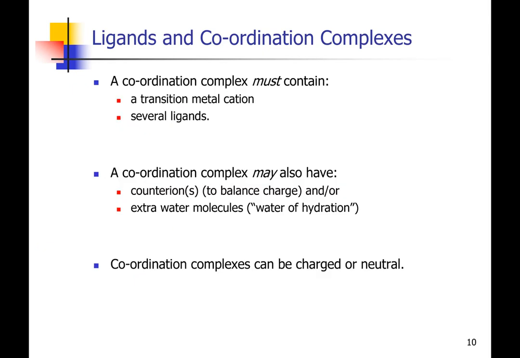So, in summary, every coordination complex has to have a transition metal cation in the middle. And every coordination complex has to have ligands around it, acting as Lewis bases, donating lone pairs to it. Some of them also have a counterion balancing out the charge, making the whole thing neutral to give a complex salt. Some of them have waters of hydration, water molecules